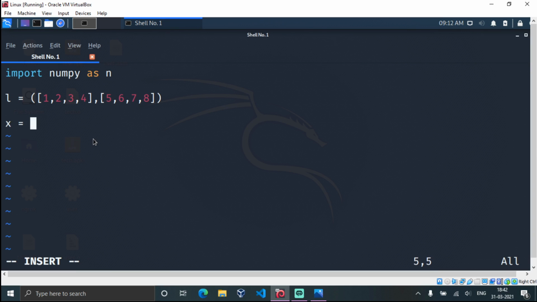In order to create that, you need to use the asarray method, and you need to pass the parameter, that is, the list variable L. And here I am going to create a one-dimensional array of order 1 by 4 named array y, as an array of 9, 1, 2, 3, and this is our array y.